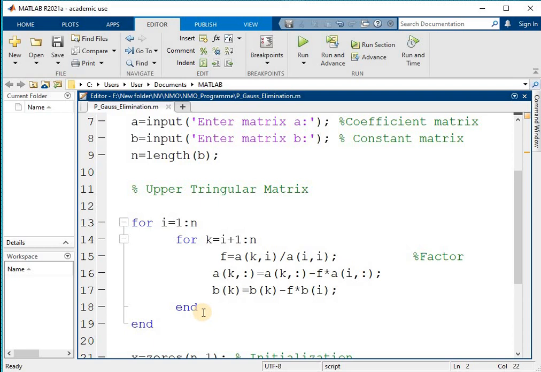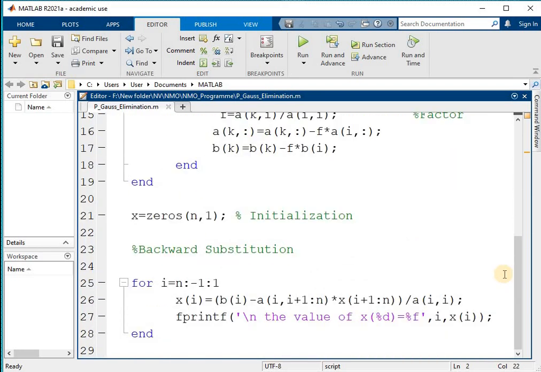Then this loop ends as we have finished up to n, that is 3. Then there will be an increment in the i loop, so i becomes 2, k becomes i+1, that is 3, and these changes will occur again in the third row. In this way we are converting the given matrix into upper triangular form by using these loops. Then we need to apply the backward substitution method to get the solution of the problem.